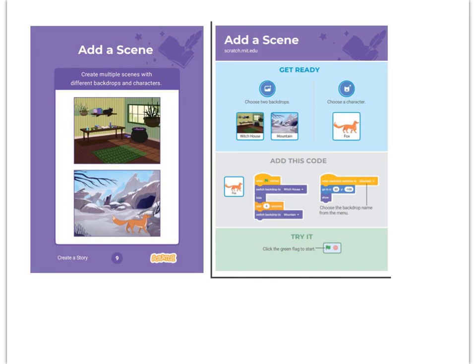So you're going to have two backdrops, and you're going to choose how to switch it and when to switch it. If you want to add that different scene in the middle of your story, you can. You can have more than one scene change if you like. So again, when you finish this, what I would like to have you do